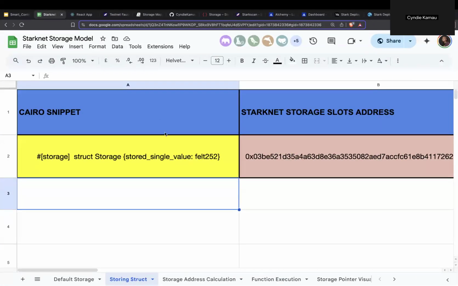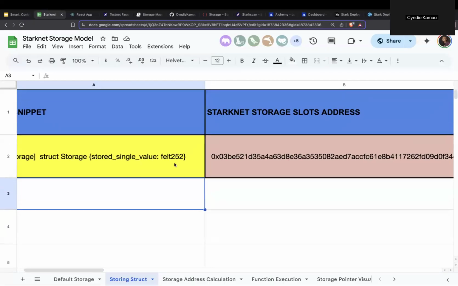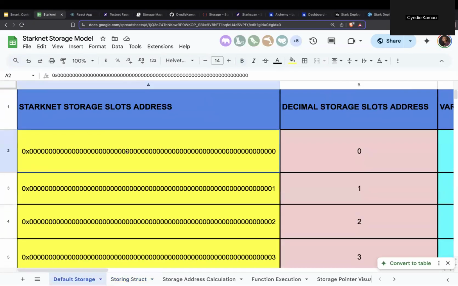So let's come here. We have our snippet, right? Store single value, felt252. As you can see, before, I showed you guys the default storage was like 000. But now when you look at it here,